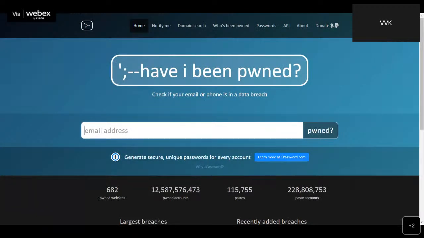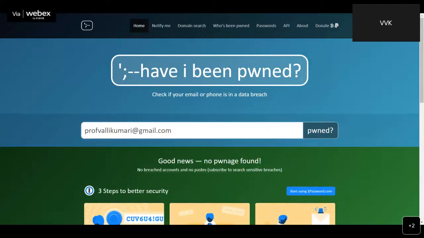If some website got hacked and you hold an account in it, for example, if I have subscribed to Big Basket or Amazon or Swiggy or Zomato, any website, with this email ID, and if that website is breached and that data is available in Snusbase or any database breach search engine, then you'll get all those websites listed here.